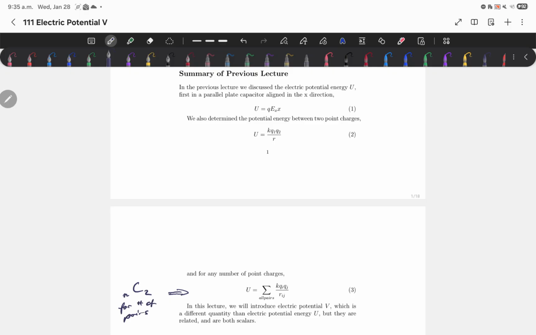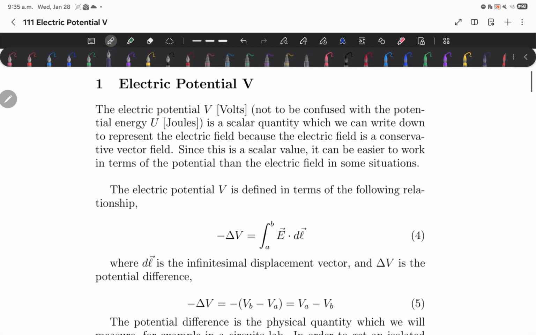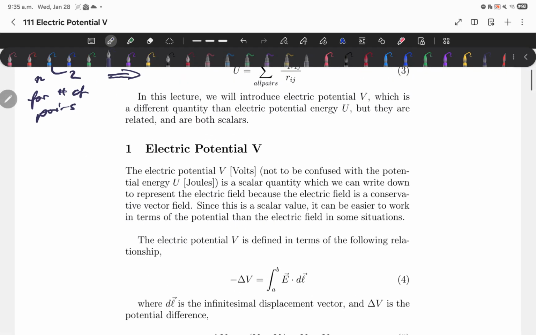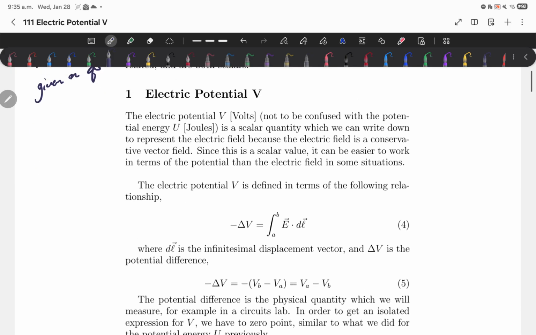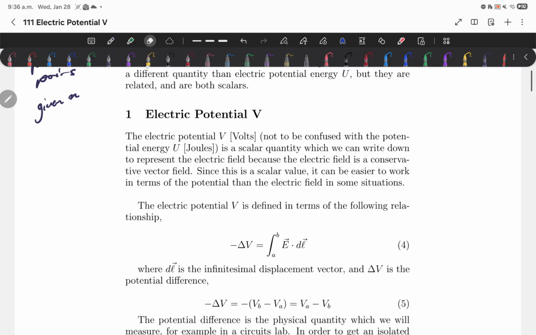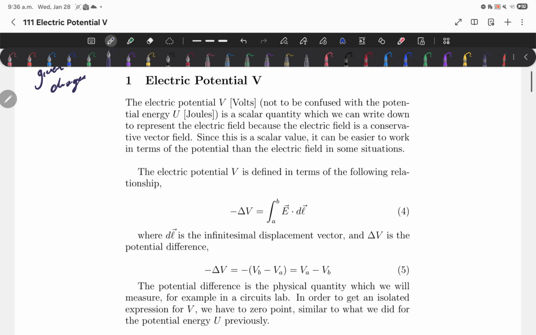So the electric potential is units volts. V is another confusing thing. Typically we use capital V for the variable for potential, but the SI unit is also a capital V. So like volt, you can have V equals 20 V, but the second V would be the units. So it's a bit confusing there. But this is also a scalar quantity. We know energy is a scalar quantity. This new potential we're defining is also a scalar value, so that's what makes it easier to